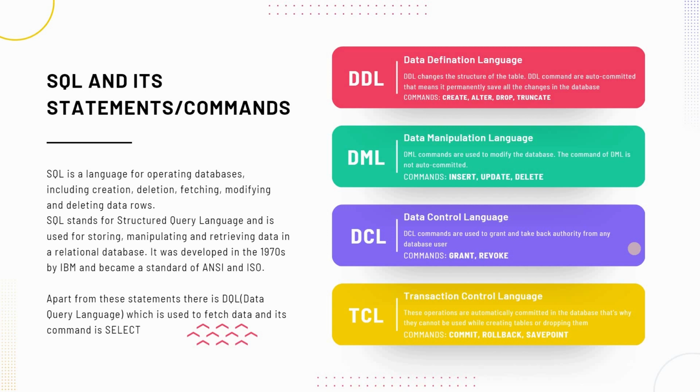Transaction Control Language or TCL is used for version control of a database with commit, rollback and savepoint commands. Commit updates the change of a table or database and pushes it to the server. It makes the current saved version the most recent version of the database. Rollback is used to reverse changes of a database or a table to the last savepoint or the last updated version. Savepoint creates a version that is used as a save point so that users can roll back to it when the database becomes faulty. Apart from these statements, there is a Data Query Language or DQL which is used to fetch data using the select command.